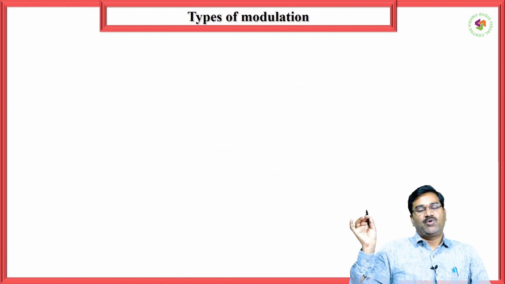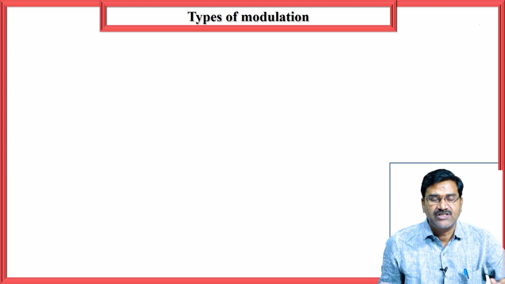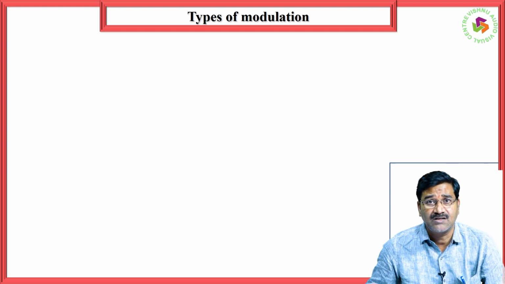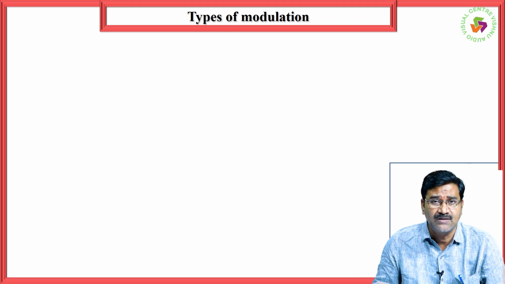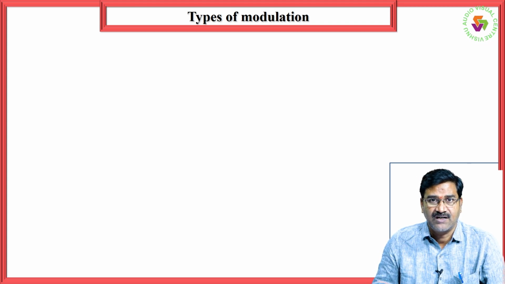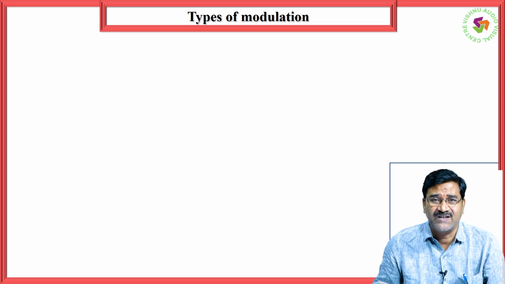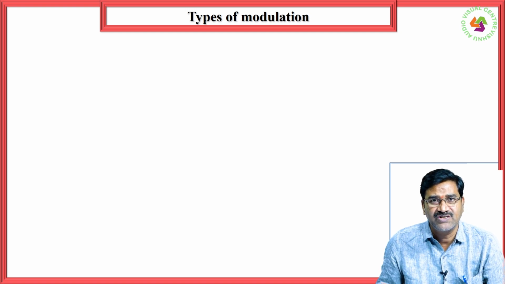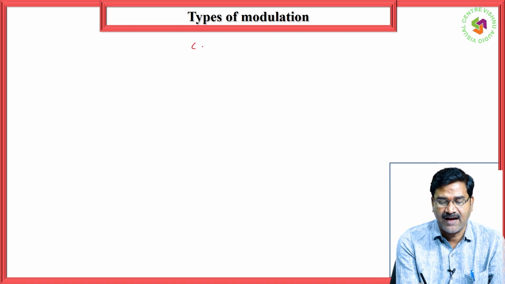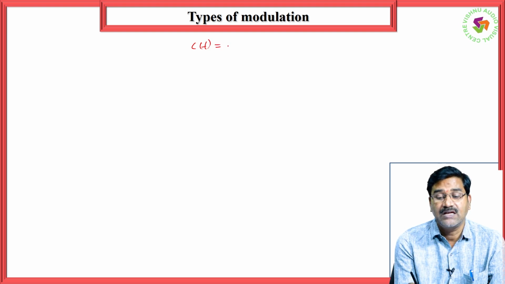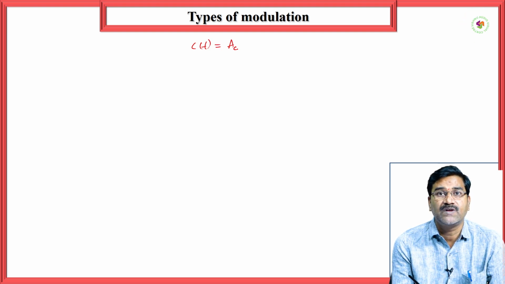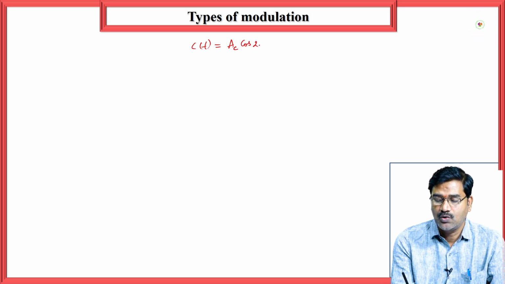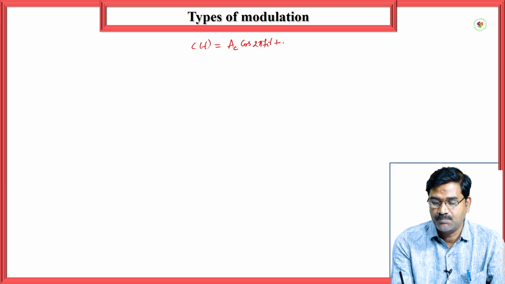So now what are the types of modulations? Just now I told you that modulation is a process by which some characteristic parameter of the carrier wave is varied in accordance with the message signal. Generally a carrier wave will have its amplitude, frequency and phase. So the carrier can be written as c of t equals Ac cos(2 pi fc t plus phi), where Ac is the amplitude of the carrier,